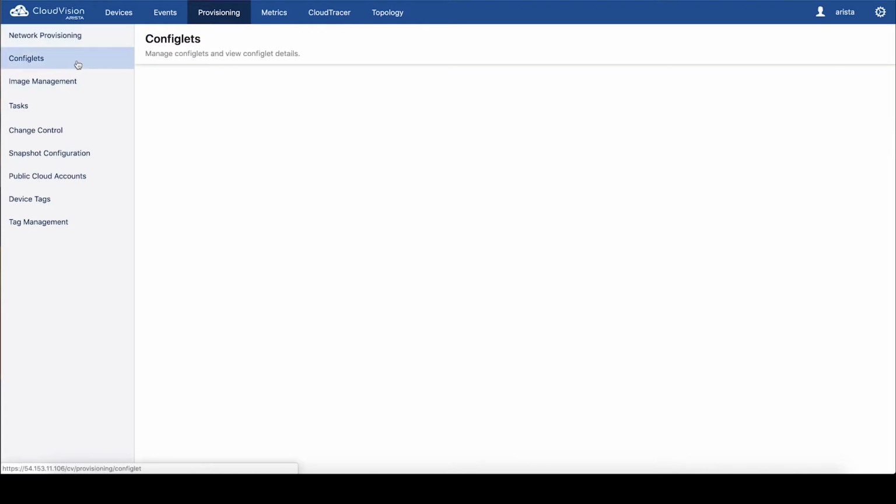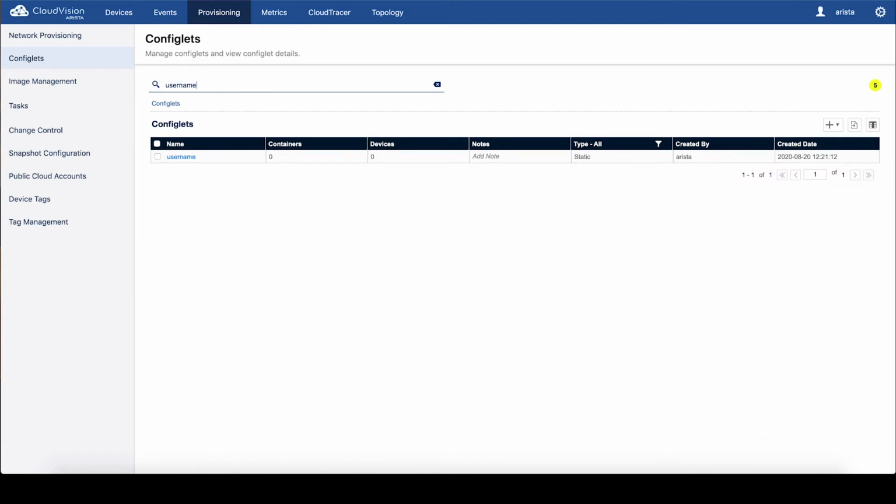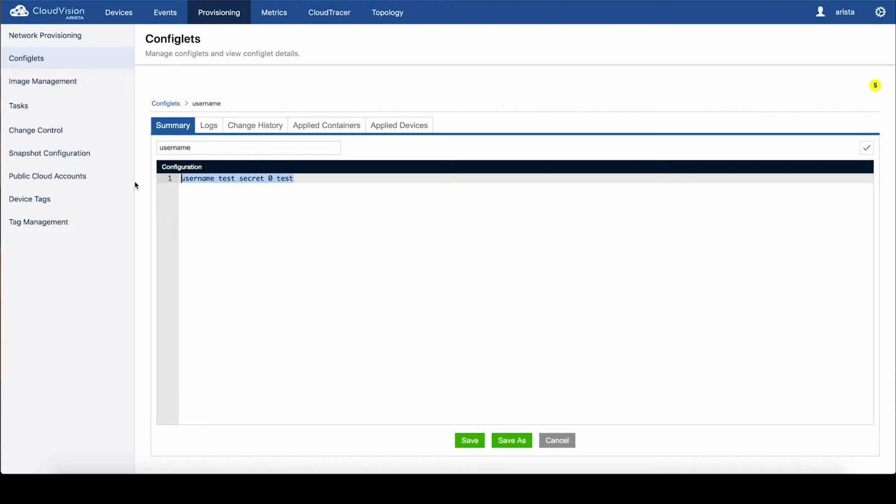So if I go over to my configlets, you have a list of configlets here. Let me look for my local username. I have a configlet here called username. It's not applied to any containers or devices. It was created by the username that I logged in with, and it tells you exactly when it was created. So from an auditing perspective, there's no mystery in terms of how things got where they are. Now let me just edit this here, show you an example. So let me just say username NetBuilders